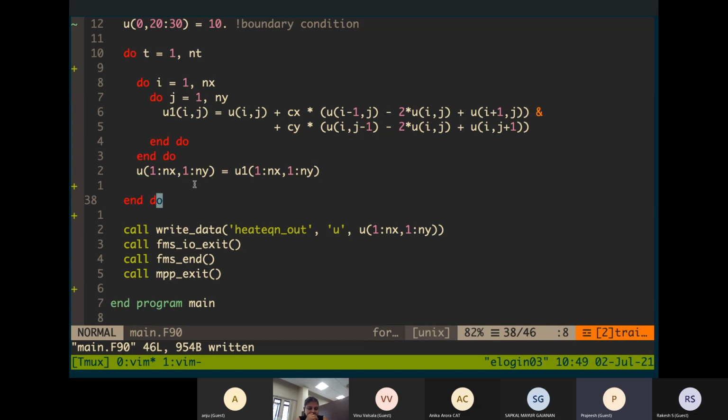Maybe I can write it in ASCII format, or in binary format. By default, Fortran supports all this, but it's difficult to visualize, and also I wanted it in NetCDF format itself.